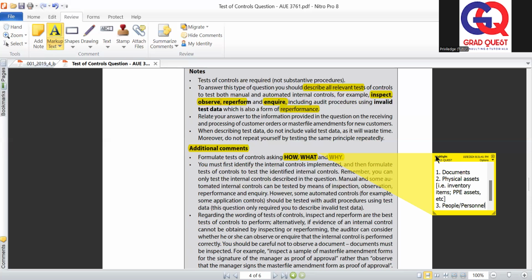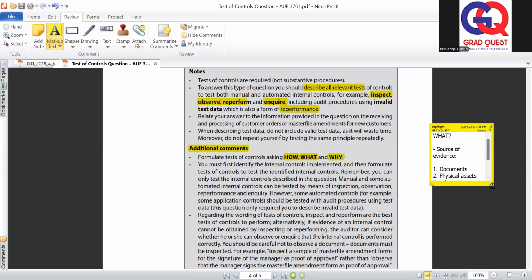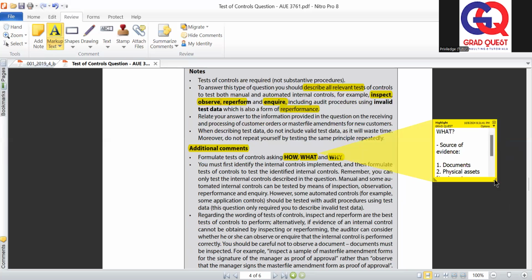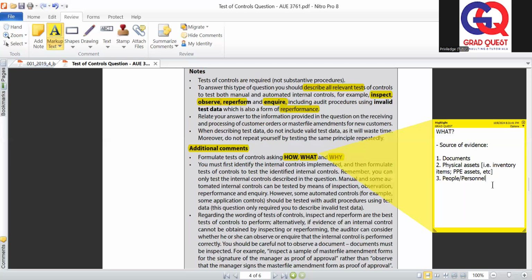Personnel in the organization would carry specific positions, or a specific degree of authority. So when you are, for instance, inquiring, obviously when you inquire, you don't inquire with a document, you don't inquire with an asset, you inquire from a human being. So be specific with the person that you are asking questions from. Because inquiring is basically asking questions. It's more like interviewing, more of questioning, so to speak, right? So the what part has much to do with this.